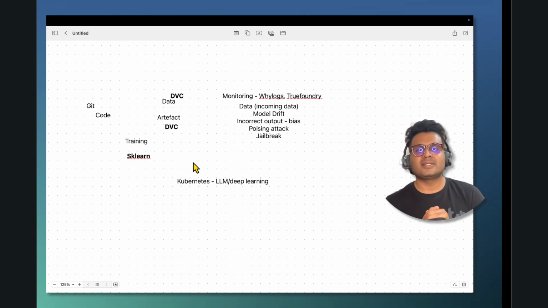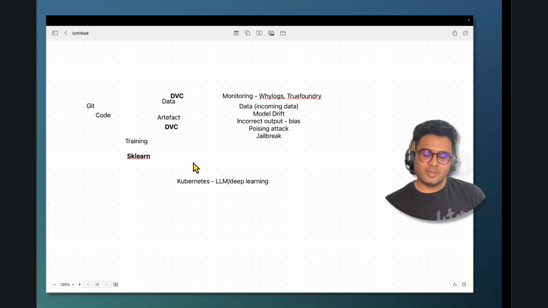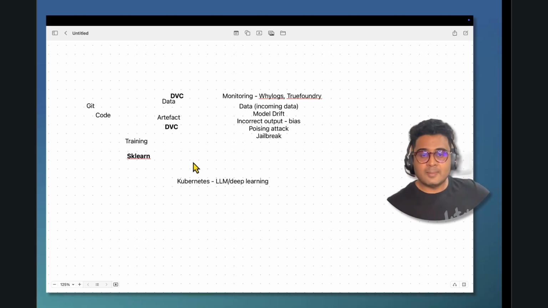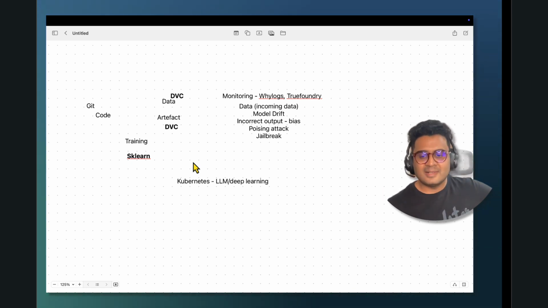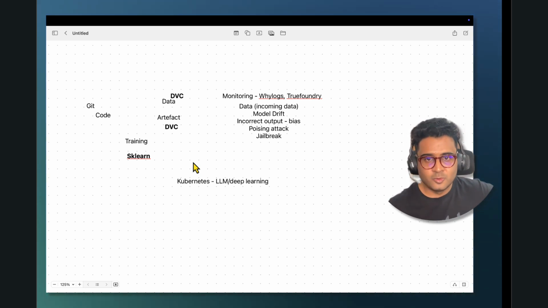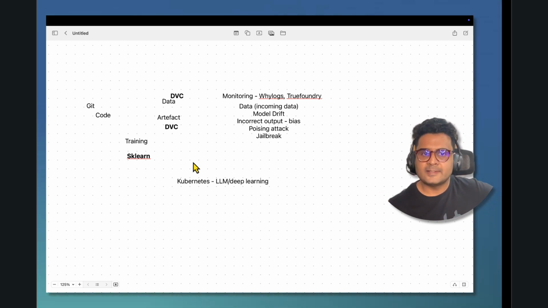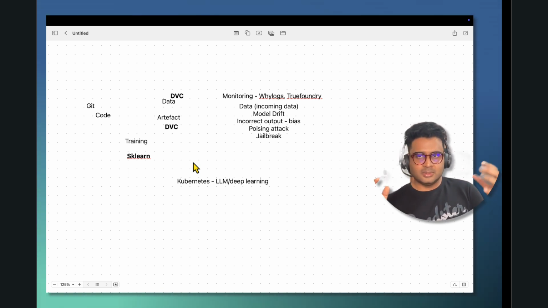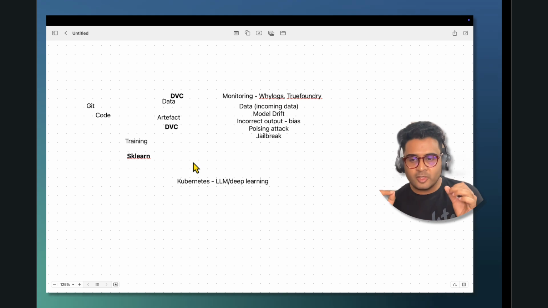Now, here comes the interesting part. When it comes to monitoring the machine learning application, it's not as straightforward as the general application. The reason is that in the case of a general application, I'll be most focused on latency rate and application performance, and for that we have our traditional tools such as Prometheus, Grafana, and similar tools to perform the monitoring. But here in the monitoring aspect, apart from the traditional tools, we also have to track